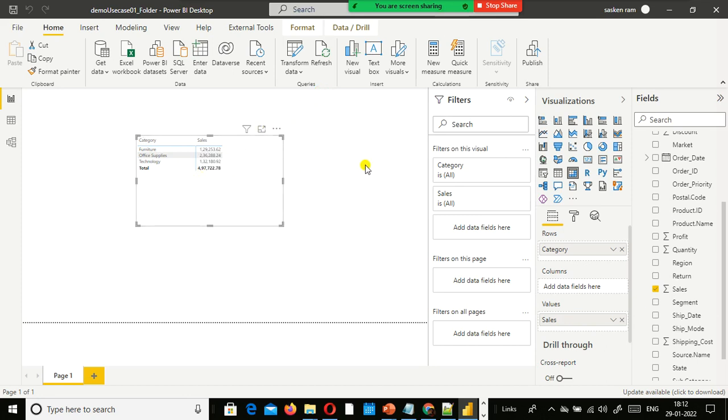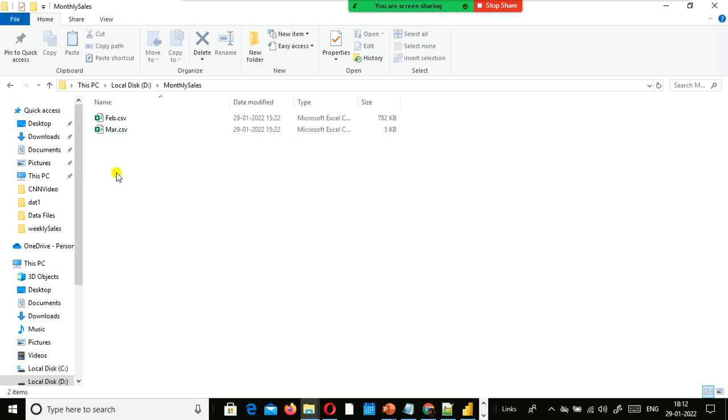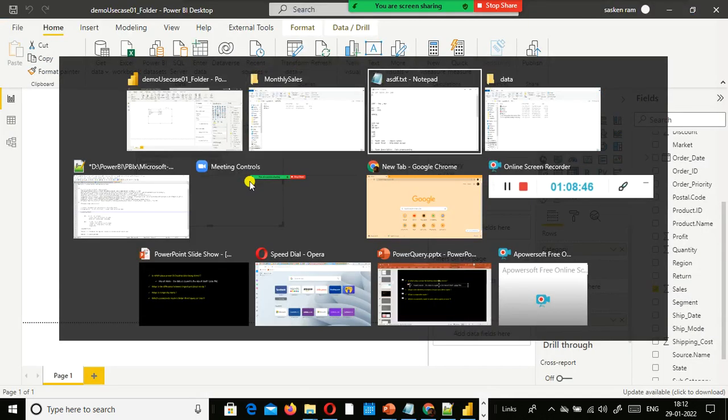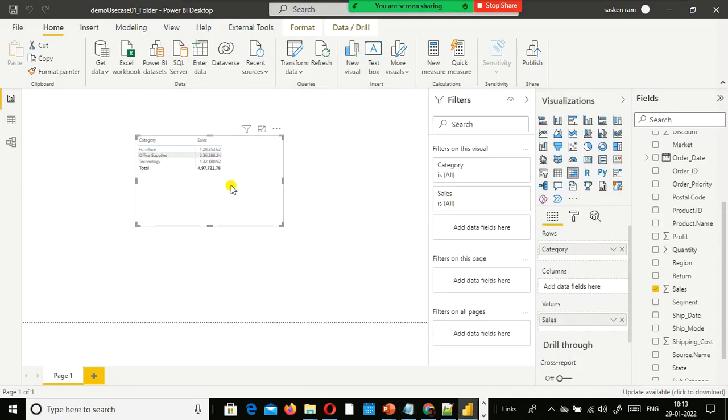So both February and March put together 497722. In a real time scenario, you might tend to make this mistake. See, everything is correct. Only thing is to check the number of records in each month, February month separately, March month separately.